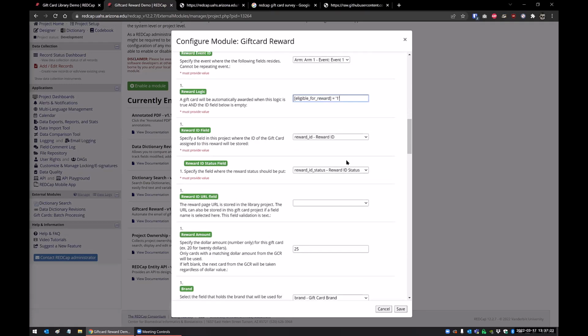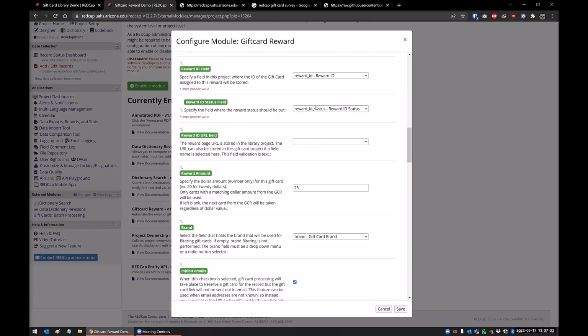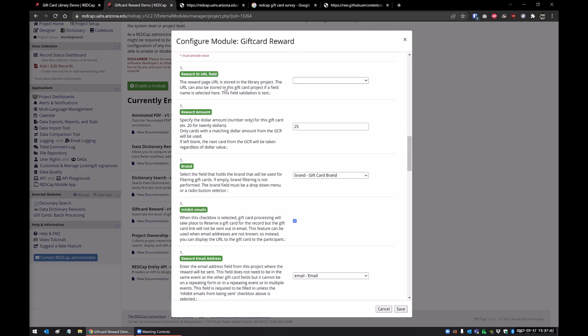And then this is where that reward ID comes in, because you want to specify the reward ID for the card that's being assigned. And then the reward status, so you're basically saying there's a field in this project called reward ID that's going to be updated with the value of the card reward ID when it's assigned. And then the same thing with the status. And then you have a URL field here,